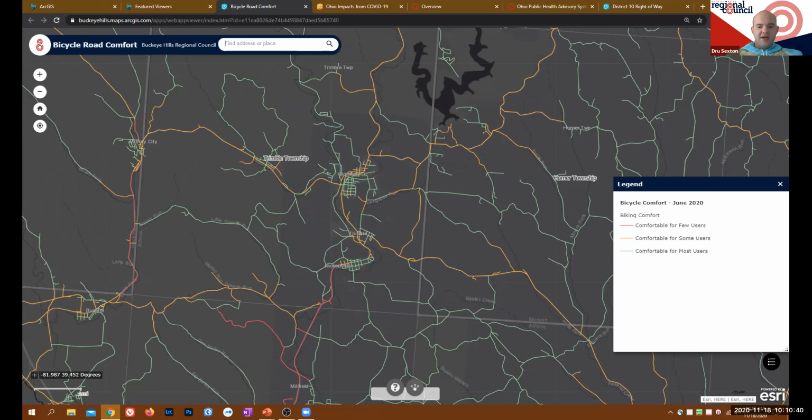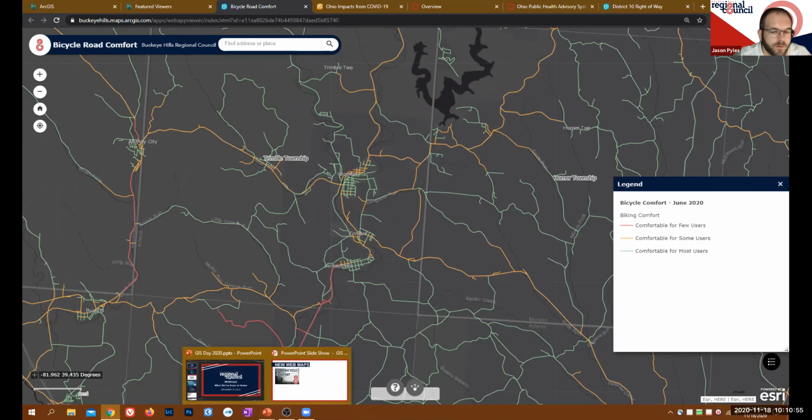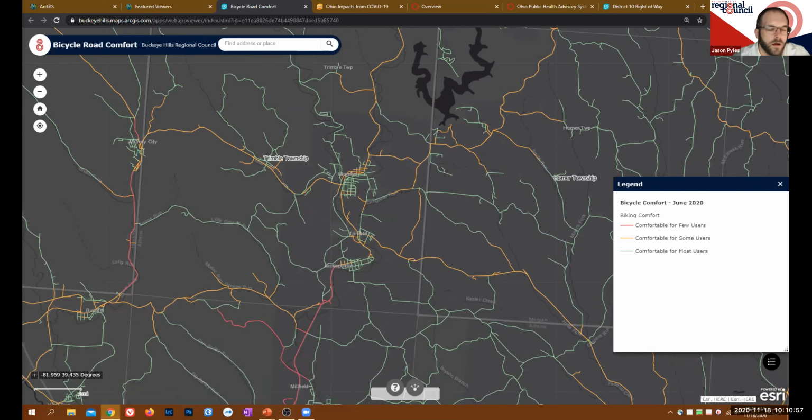And eventually we will implement the elevation element and hopefully give a more in-depth view of what the comfort level would be on these bike roads. Thank you. Yes. I was actually really impressed by how well this data